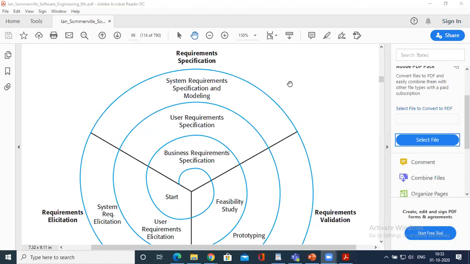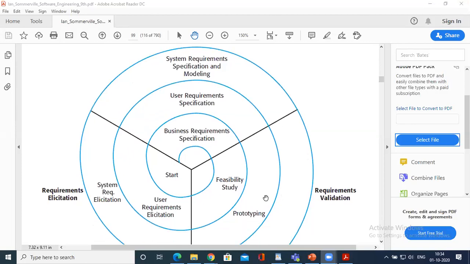Able to understand, all of you? So just concentrate, all of you. See, on the part of requirement specification, we have business requirement specification, user requirement specification, system. So all goes from lower level to the top level.